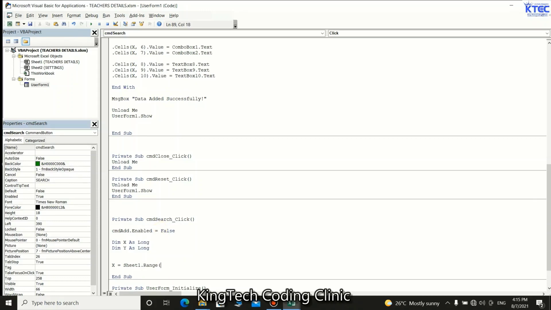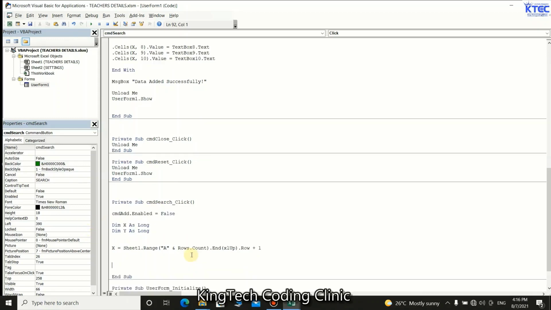That is a, and rows dot count, and bracket close dot end into bracket xlab bracket close dot row, plus 1. Okay, so the next line of action is we would want to use a for loop to loop through